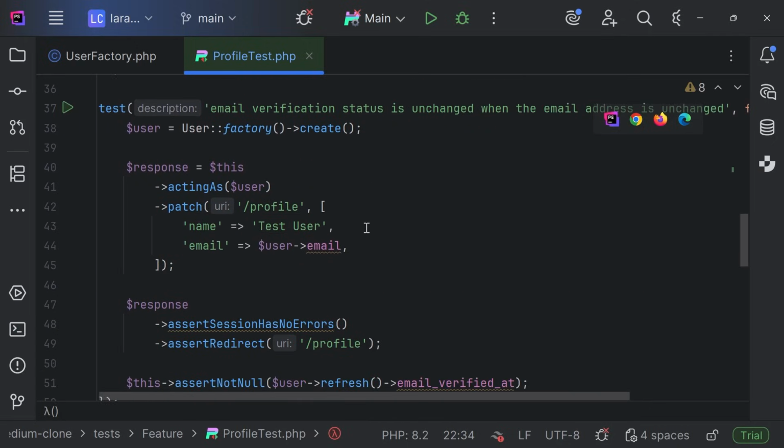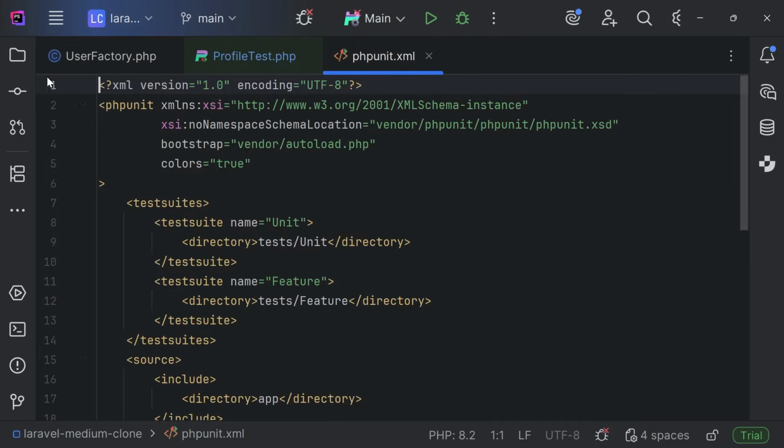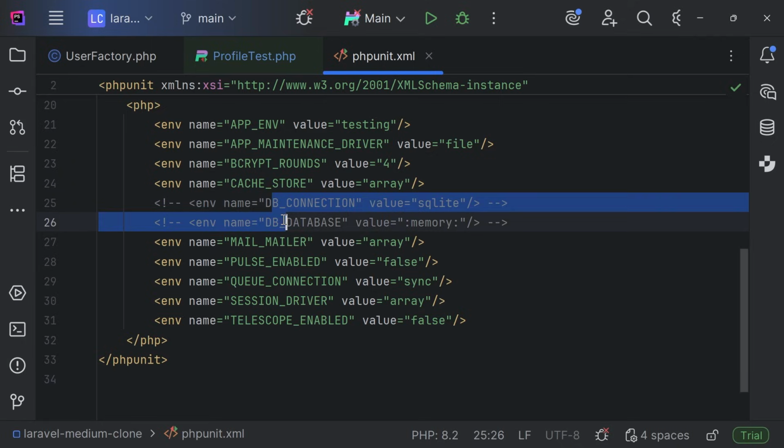Before we fix this, there are two things to change. First, we're going to change the database configuration, which is used by Pest. And second, we're going to update Pest framework into Pest version 4. Let's open PHP Unit XML. Okay, now look at this. By default, in my project, which is created like about a year ago, this part is commented out, which means